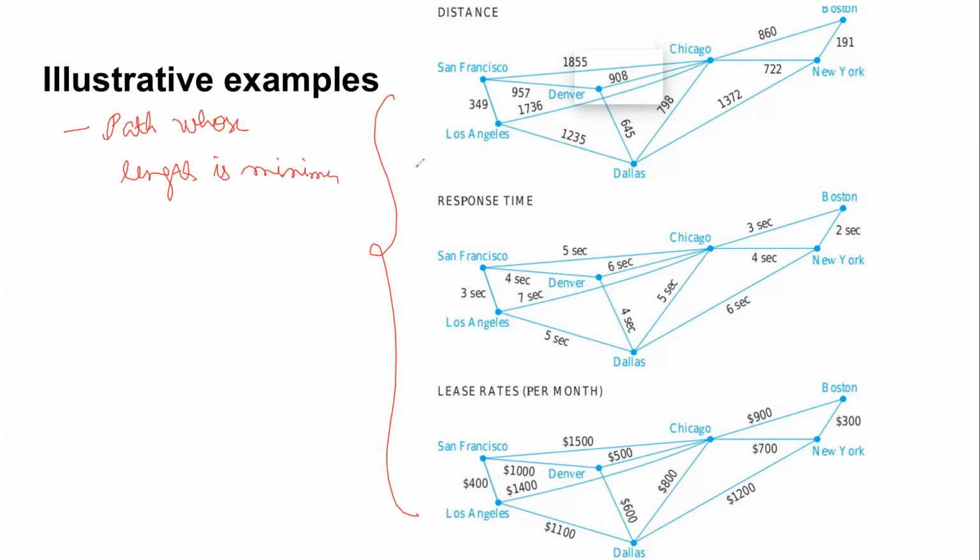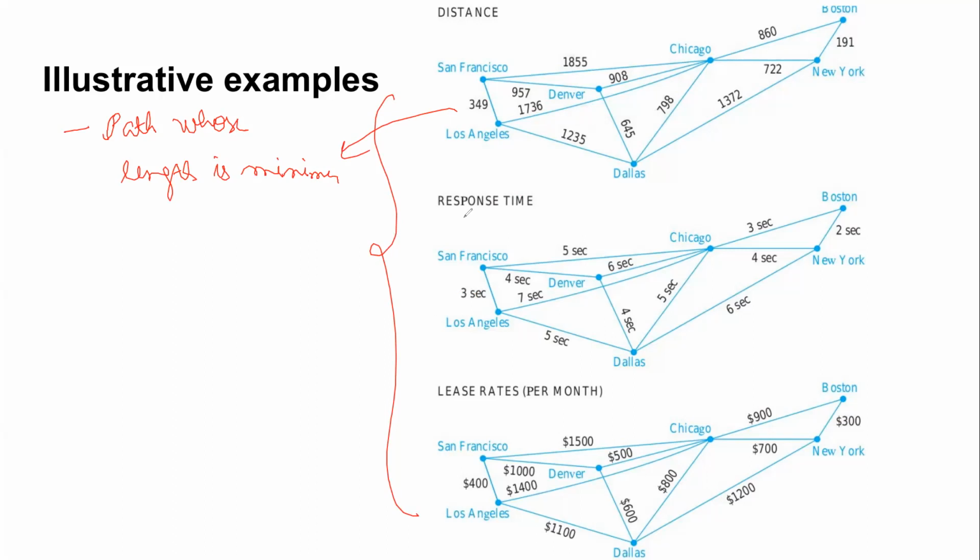Okay, let us try to match it. If this was distance and I wanted to find the shortest path, then the path whose length is minimum will obviously give me the shortest path. Similarly, if this graph was instead flight time and I find a path whose length is minimum, what will that give me? That will give me the flight which takes the least flight time.